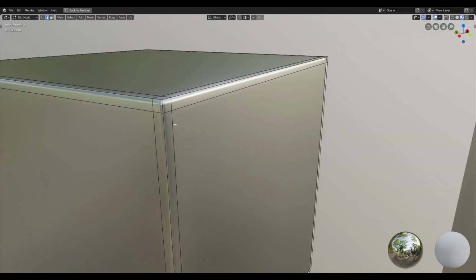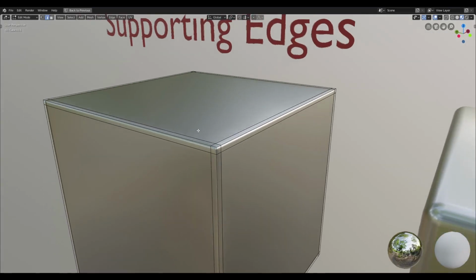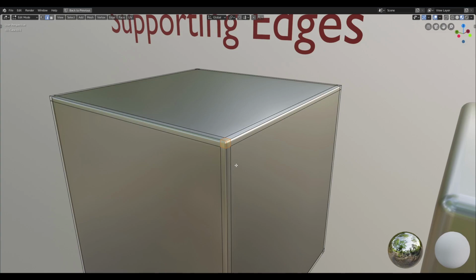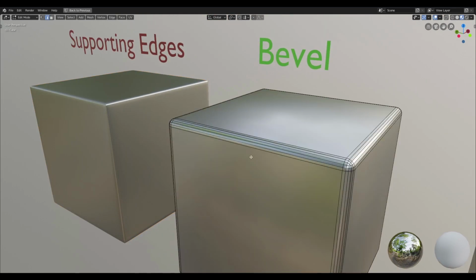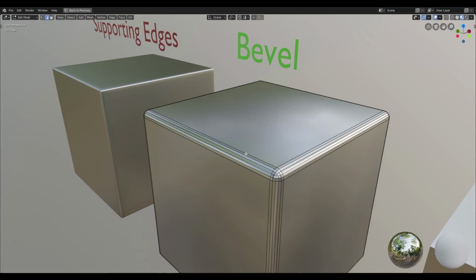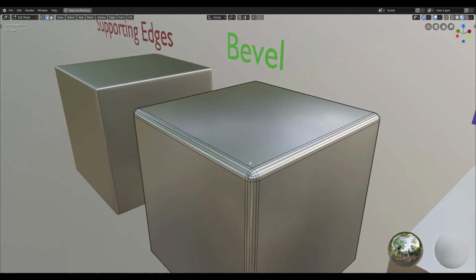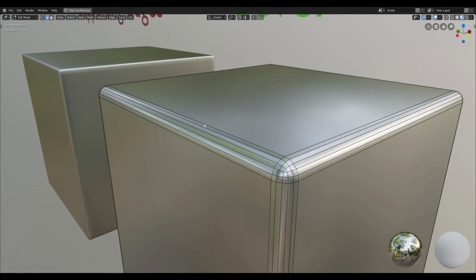So in the last video, I mentioned when subdivision modeling, supporting edges can be used to preserve details, preserve the sharpness of an edge, and to control the edge quality. Whereas beveling, on the other hand, can be used for both sub-D as well as non-sub-D modeling, and it can be used to create nice and rounded edges. So any place you want to add a radius or a fillet to an edge, you can do so by